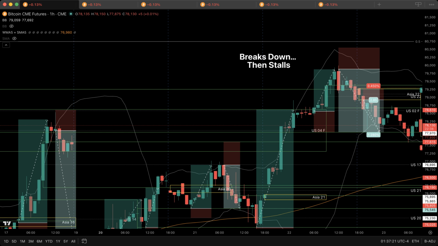It breaks below April 22nd U.S. session lower boundary. No hesitation. No pause. That matters. If price leaves a boundary cleanly, it does not come back immediately. Here, it continues. Price drops again. Breaks below February 2nd U.S. session lower boundary. Still no hesitation. Distance increases. Pullbacks are shallow.